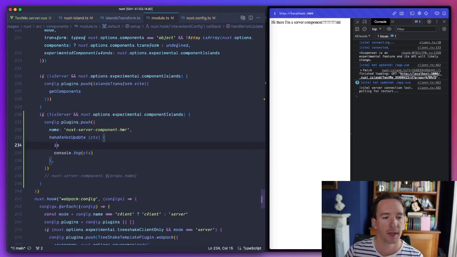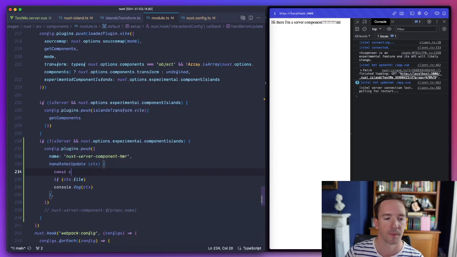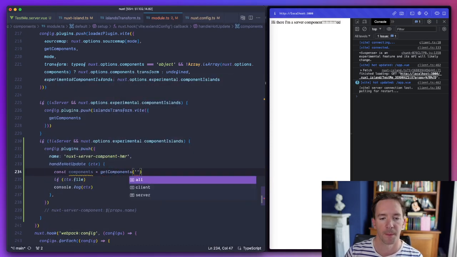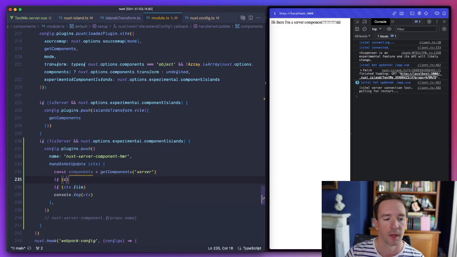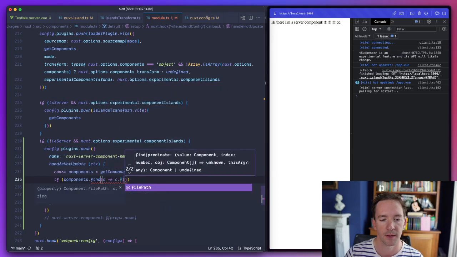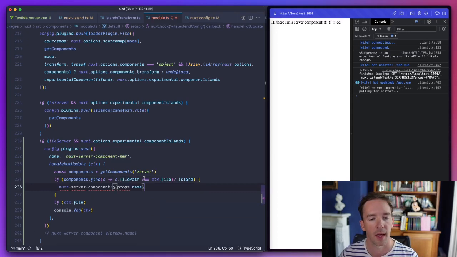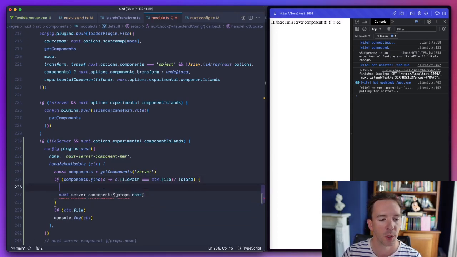Okay, so if context.file, components is get components server. If components find c.c.file path is context file dot island. Okay, so basically when there's an island, then we're going to emit